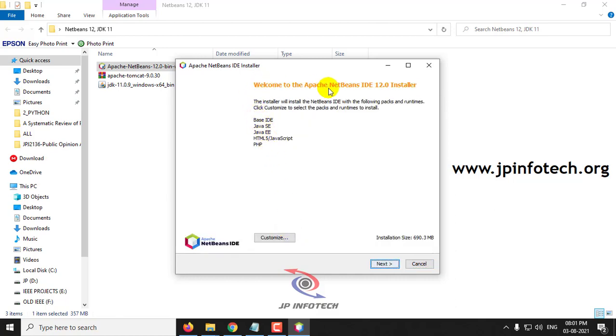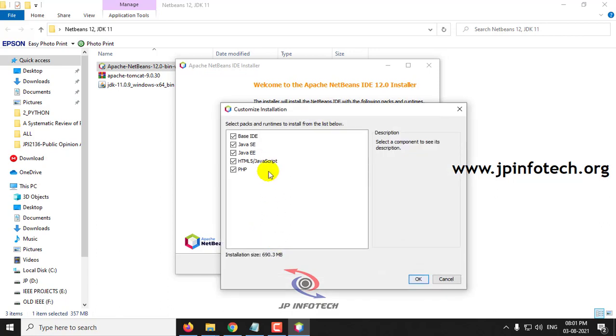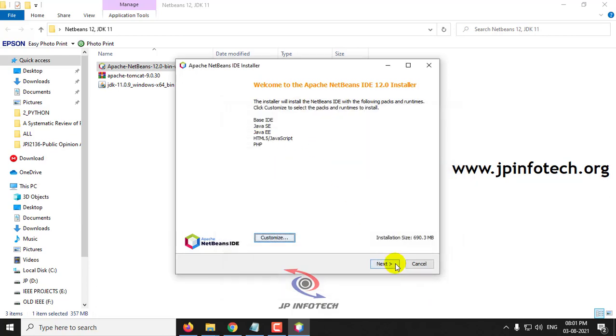And now you can see the welcome to the Apache NetBeans IDE 12.0 installer, and it has already selected the packs that we wanted. In Customize you can see what packs are available. If you don't want some things, you can uncheck them, or if you want everything, you can select all. Let me select all here, click OK and click next.